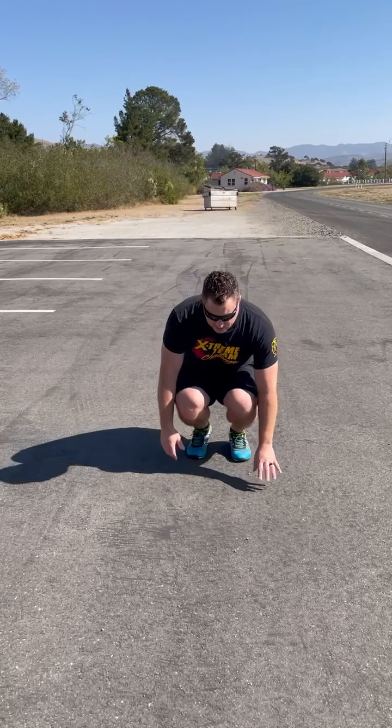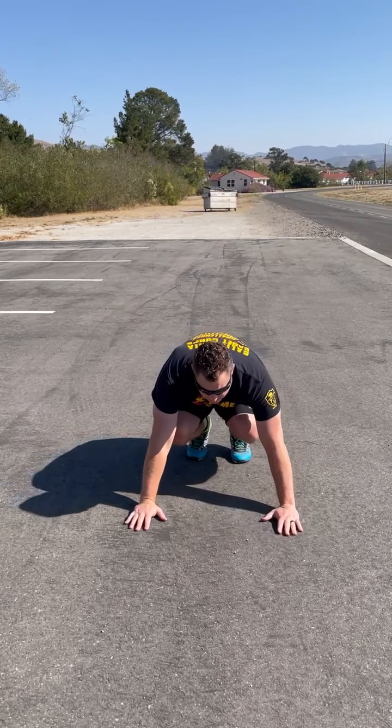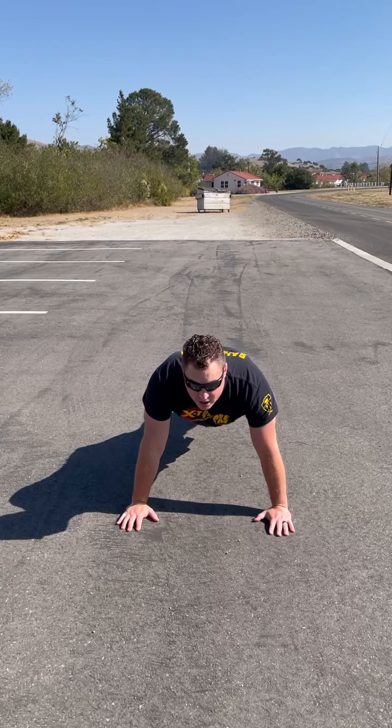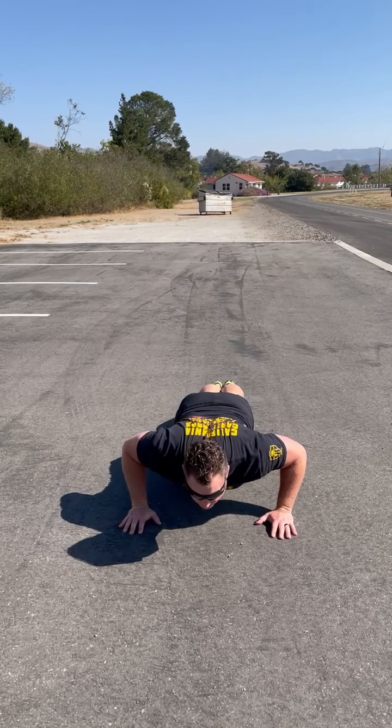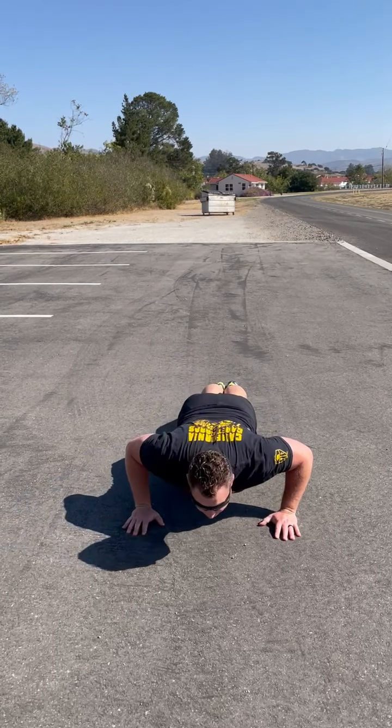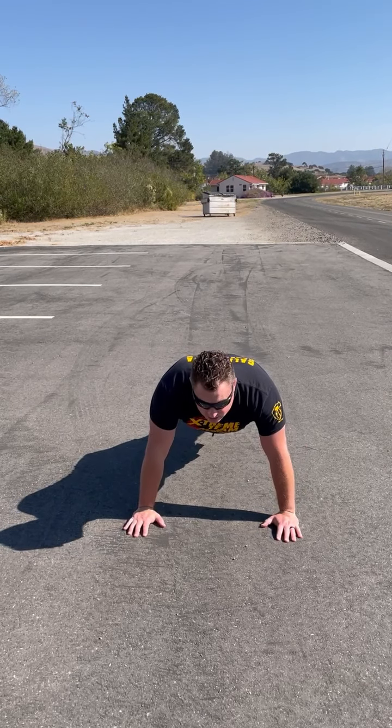So, I like to do what's called a regular hand position push-up, and get down, hands are shoulder width apart, kick your feet out, your body is straight, and you're gonna come down. Don't need to come down to the ground, just parallel. That's 1, 2. After you do a set of 10 or 15 of those, take maybe a 15-second break or a 10-second